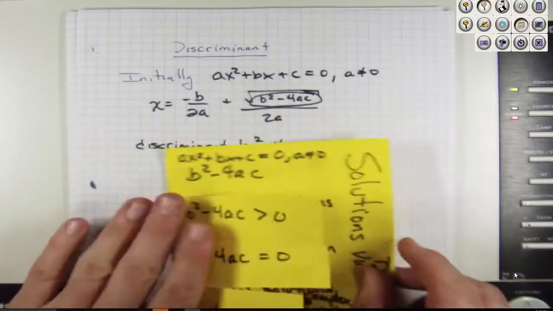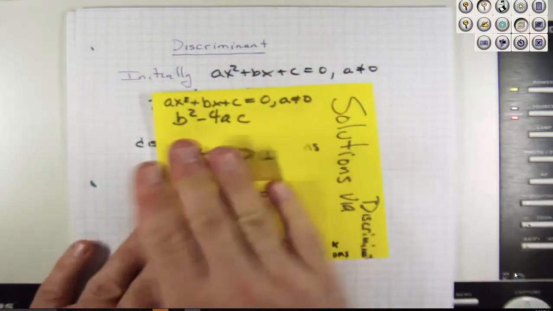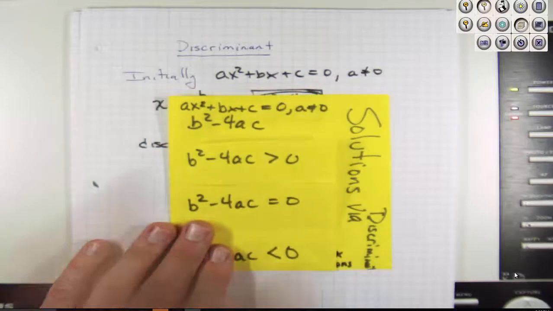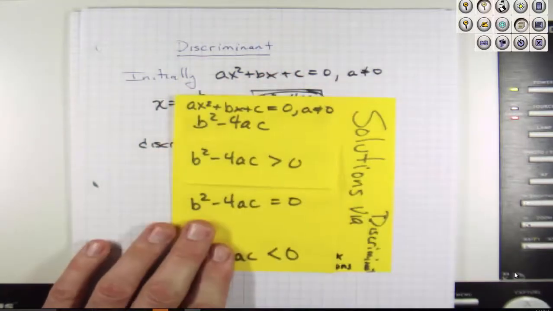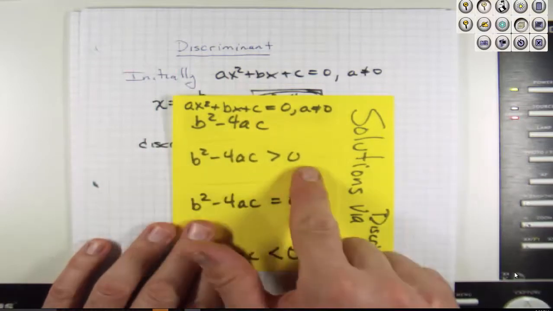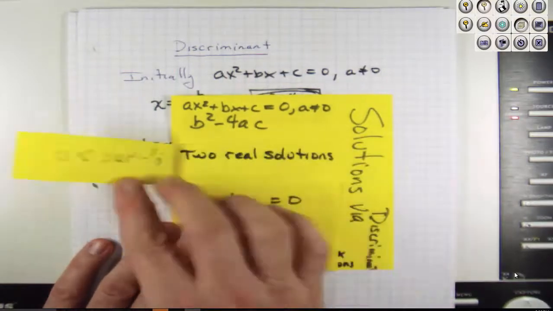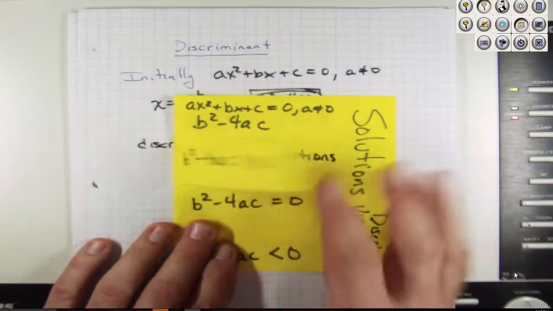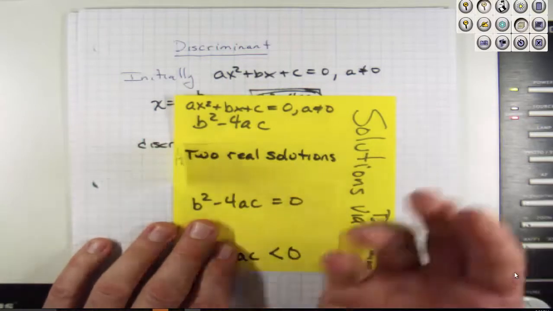So notice I've set up this foldable. I would expect some of you to set this up. I cut four flaps. I glued the top flap down because I wanted that there. The discriminant is positive. If it's positive, you have two real solutions for a quadratic. If we're talking about something else, we'll have two real solutions, but then we're going to